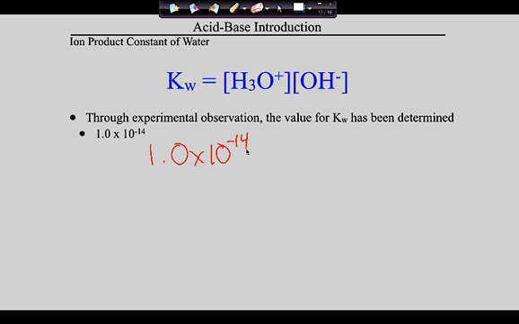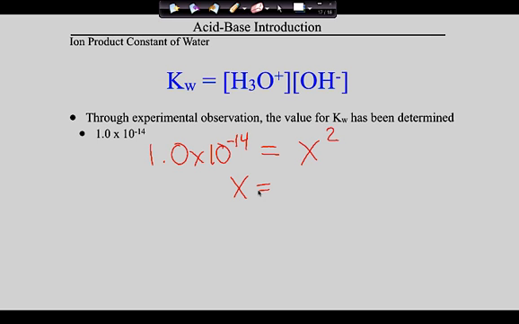So guys, 1 times 10 to the negative 14th is Kw, right? Now guys, check this out. That is equal to these two things. But think about this. What do these two things have to be? The same. Does that make sense? That every time we form a hydronium, we form a hydroxide, yes? So those have got to be the same. Let's call them X. So if we call those X, this is X squared. If you then solve that for X,